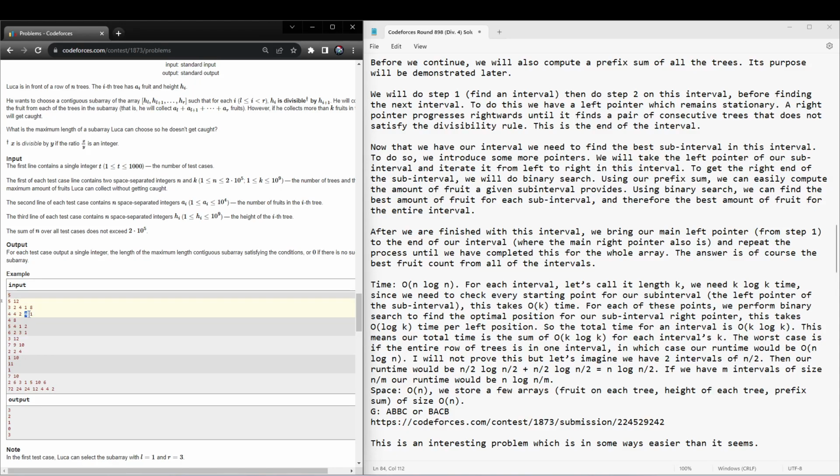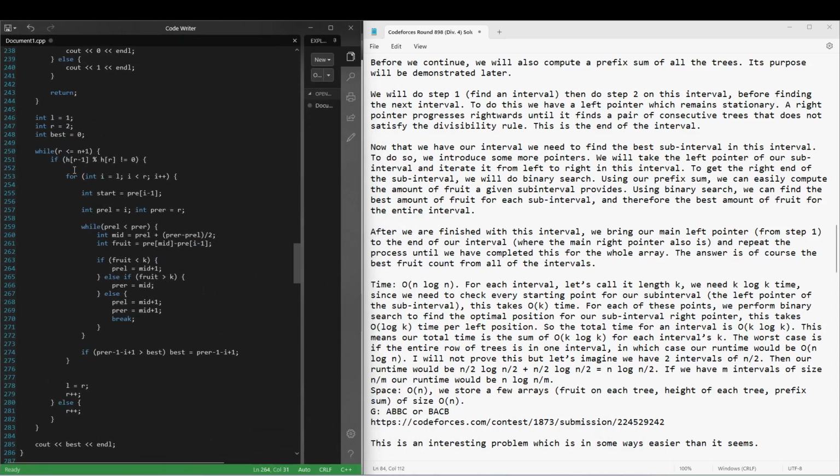Then I check this one. It breaks the rule since 2 is not divisible by 4. So I say, okay, this is my first interval. Then I would do my step 2 on that. So step 1, when we find the end of the interval. Step 2, binary search. So the way we do our binary search is that we